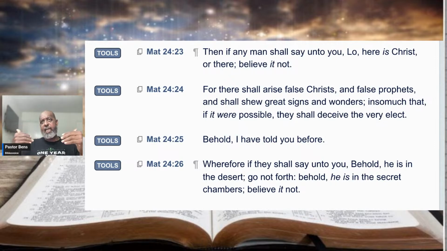So this false Messiah, guys, is going to trick people and fool people and deceive people because the people are looking for signs and wonders. They don't want to be rooted and grounded in the word, in truth, but people are going to be looking for all kinds of fantastic and extraordinary happenings. And so this is how they will be deceived. "Inasmuch that if it were possible," and this is the scary part, "they shall deceive the very elect."